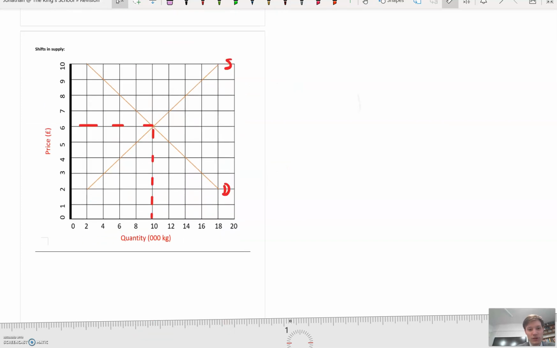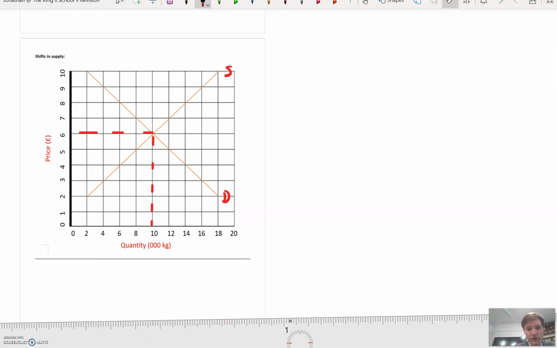And I'm just going to quickly show you, I only have a few seconds left, but what's going to happen, say, if we shift our supply curve out to S1, it's going to result in, at that same price, an excess of supply. Just going over here, it should be that point there. So we've got 8,000 excess supply, and as a result, there's excess in our warehouses. Firms drop their price to try to sell it off, resulting in an extension along the demand curve and a contraction along the supply curve, and our new equilibrium is there. And that's how contractions and